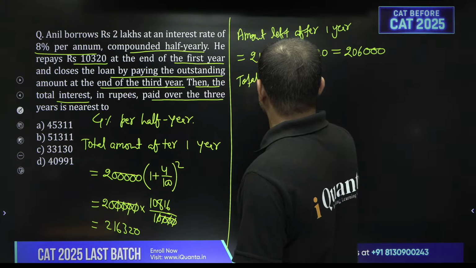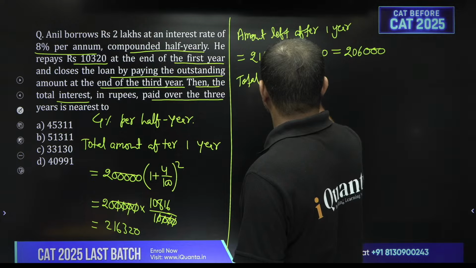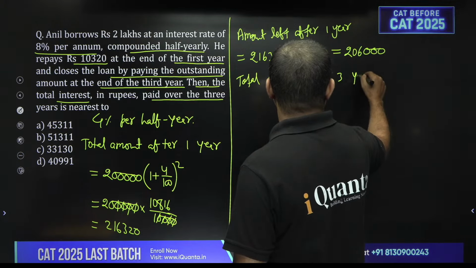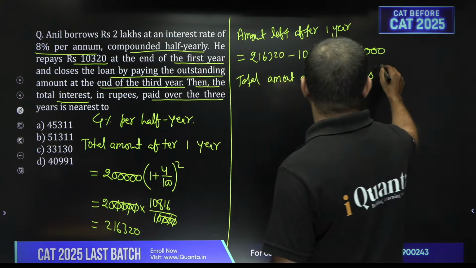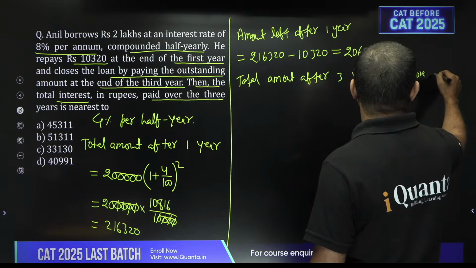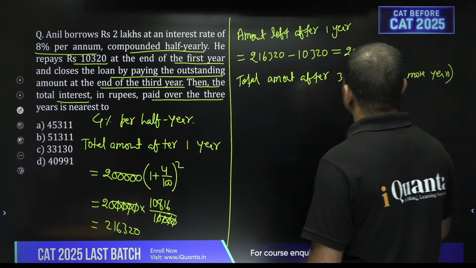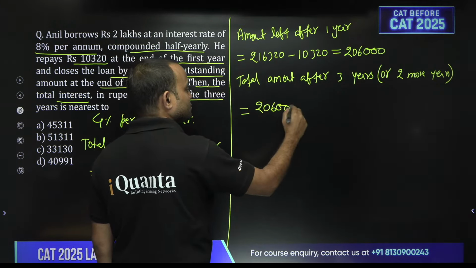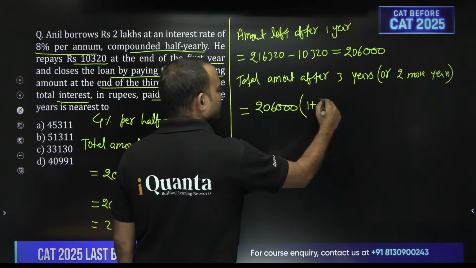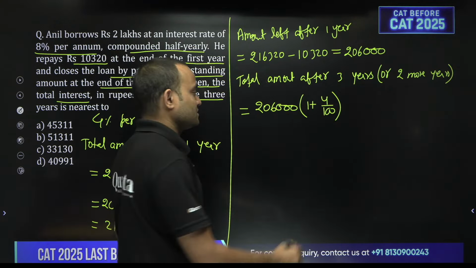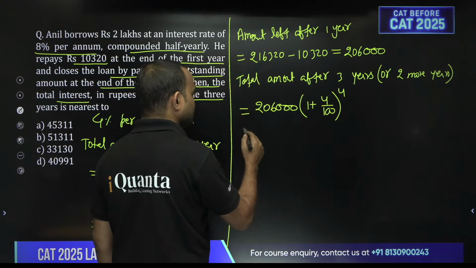So what will be the total amount after 3 years, or 2 more years, right? So this will be equal to 206,000 into 1 plus 4 by 100. 2 years means 4 half years, to the power 4. That will be equal to